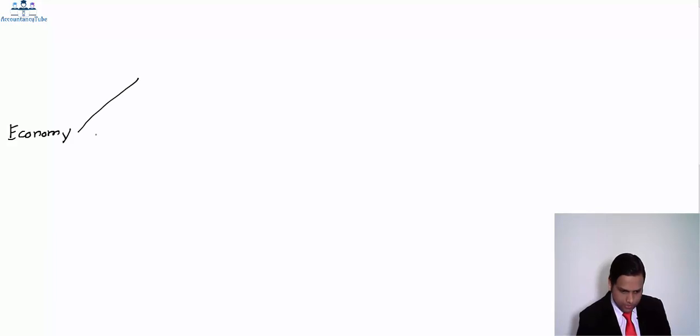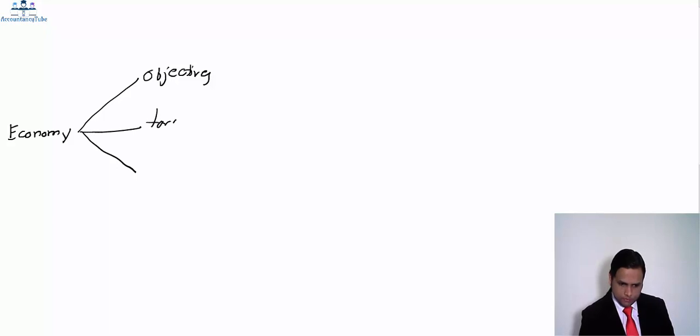Firstly, we have got an economy and we are moving towards the economic policy. The first thing we read was the objectives. That's economic objectives. Then we read about targets, economic targets, and then we read about tools or instruments. Now, the most basic of objectives for any government for the economy would be